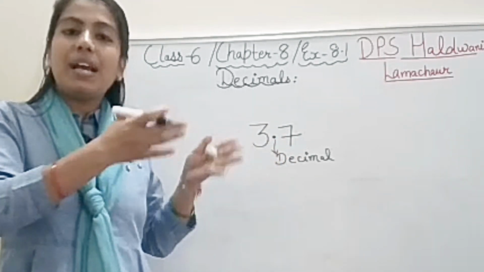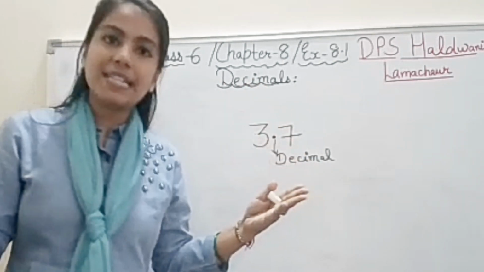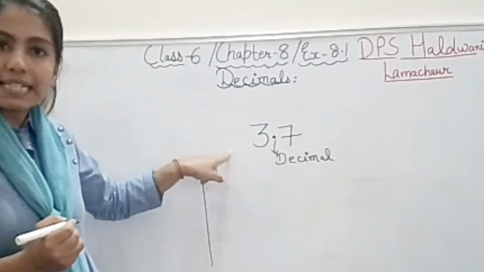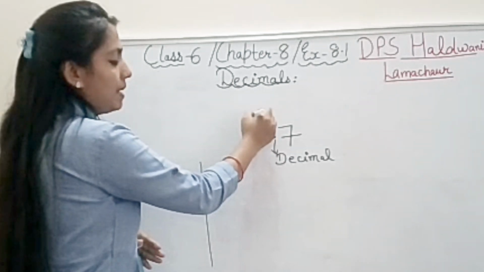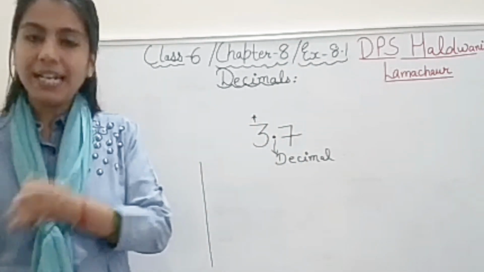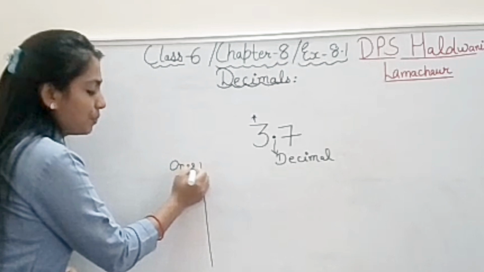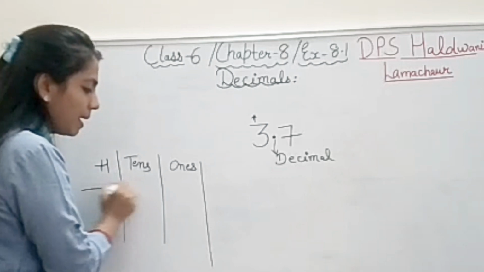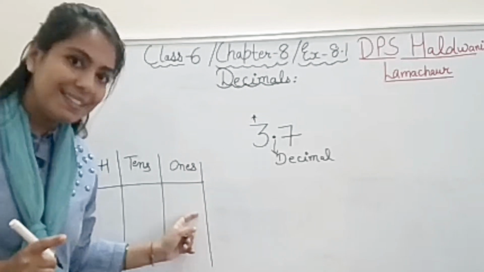So for this we have a separate rule, a separate place value table also. And what is that? See, as the name suggests, it is divided into two parts. Before the decimal, it is the whole number part. And after the decimal, it is the decimal number part. Right, students? And for the whole number part, the value will be as we used to do: ones place, tens place, hundreds place, in such a manner as we have done in our previous chapter. In Chapter 1 we have done the place value table, right?